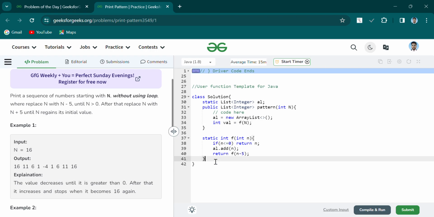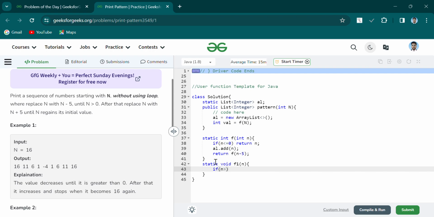We have to increase. Okay, so static. I don't need any n value for the next function because it's the last thing we have to do. So name it f1, and it accepts a value, obviously n, and the condition is if n is greater than